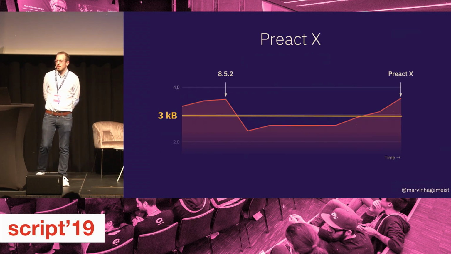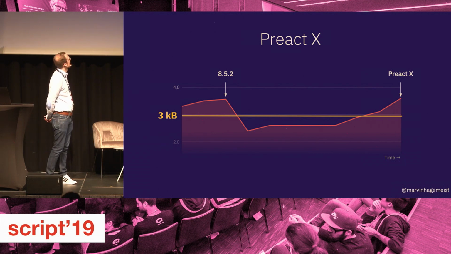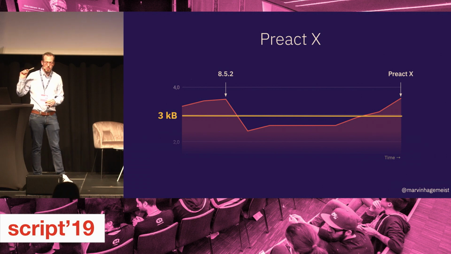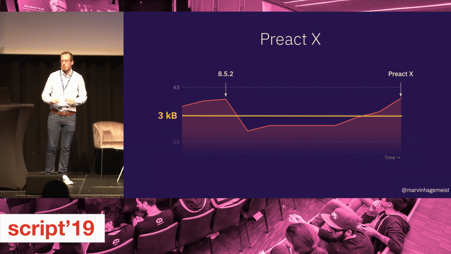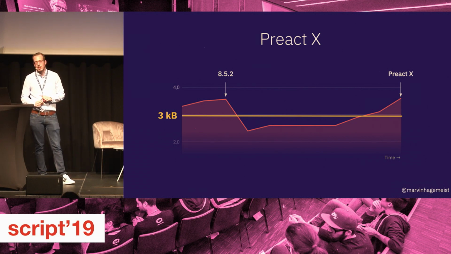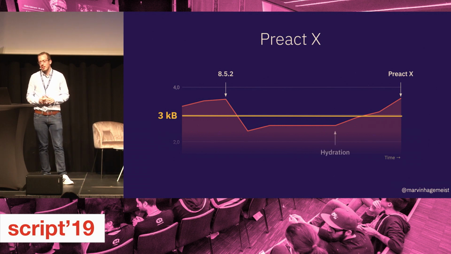So all in all, pre-Act 10, the funny thing is you see a hill and where it went downhill. This is where we started pre-Act 10. We had it a bit earlier, but it's easier to visualize. And the funny thing is, without new features, we were below 3 kilobytes. For the longest time, we were, I think, at 2.2 or 2.4 kilobytes. So it's possible to go even lower, below the 3 kilobyte threshold. But there are, of course,